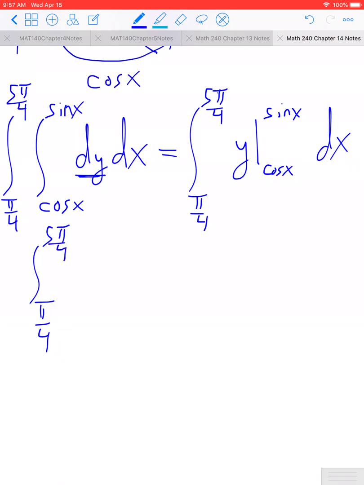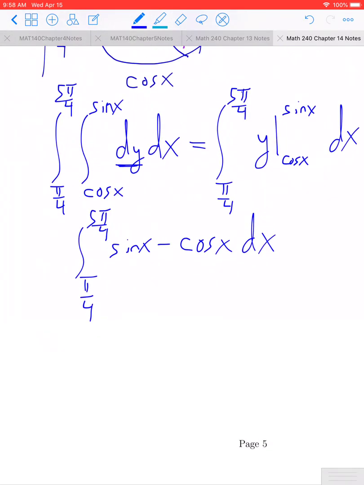Evaluate the y at the upper bound, that gives us sine x. Evaluate it at the lower bound, subtract, we would get cosine of x. So we now have to find the antiderivative of sine x minus cosine of x. The antiderivative of sine is negative cosine x. The antiderivative of cosine is sine. So this is going to give us negative cosine x minus sine x,